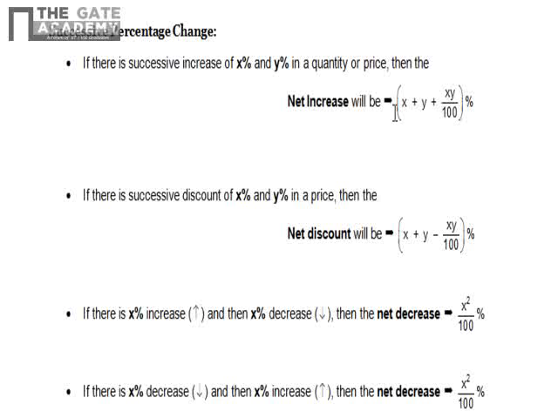Let us take one example. Suppose you want to increase the price of one thing, which is 100 rupees, by 10%. Then the value will become 110. Now again you want to increase the price by 10%, then 10% of 110 is 11, then the value will become 121. Now if you put that 10 and 10 in this formula, you will get 21%. 10 plus 10, 20, and 10 into 10, 100 upon 100, that is 1, so then it is 21%.